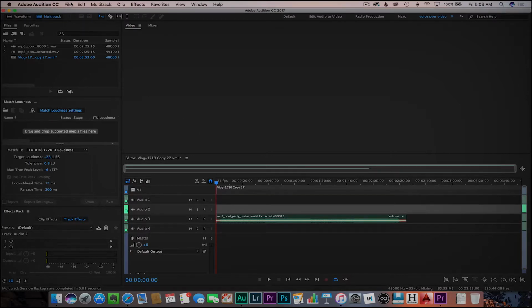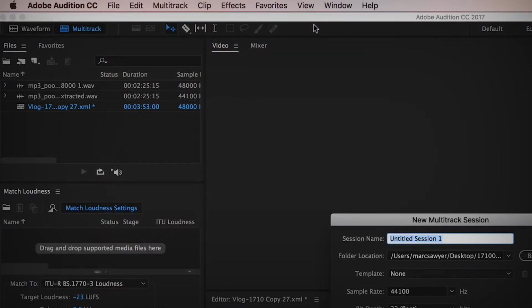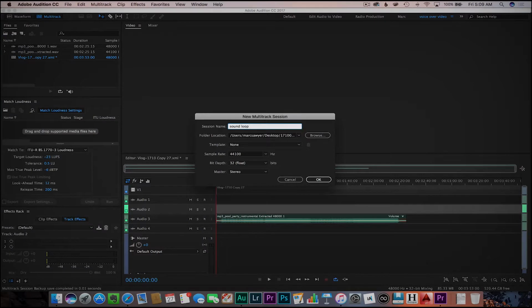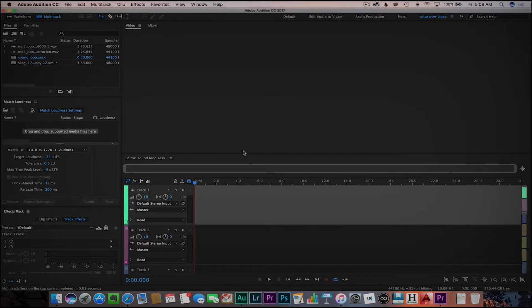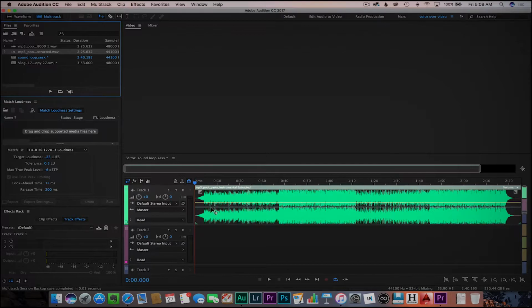So the first thing you want to do is go to File, New, Multi-Track Session. Call this whatever you want. I call it sound loop. And then drag the WAV file down into that track. Select the audio